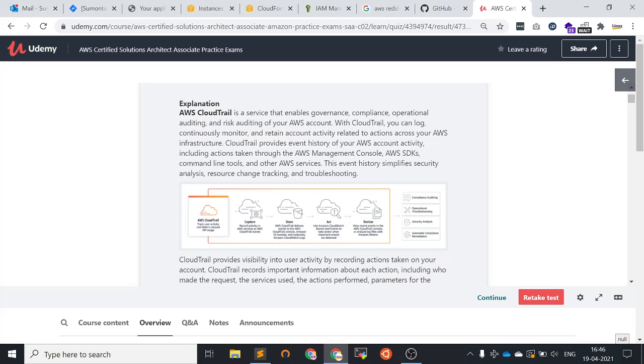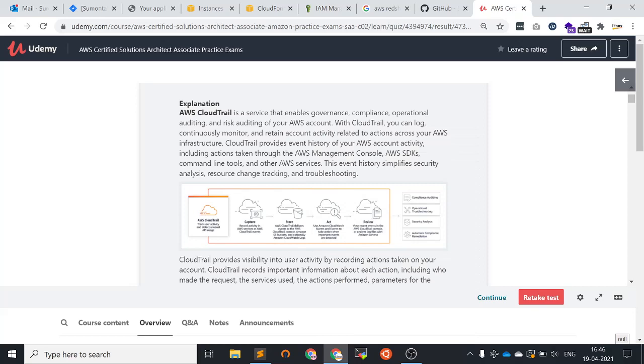CloudTrail provides event history of your AWS account activity, including actions taken through the AWS Management Console, AWS SDK, command line tools, and other AWS services.